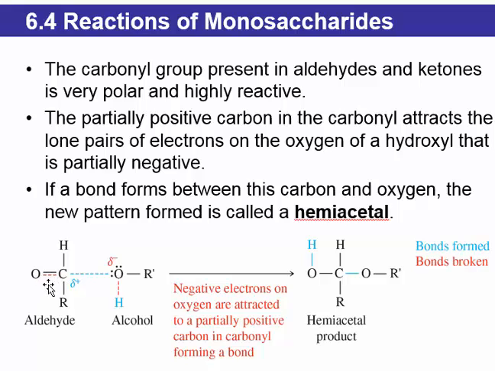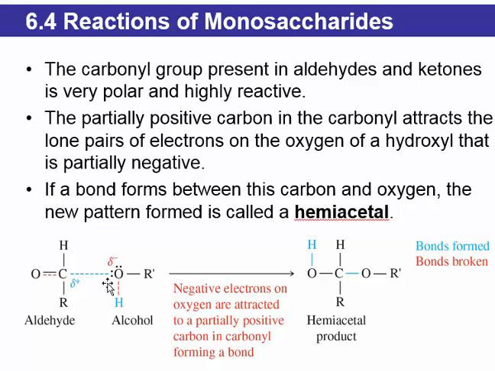This dashed red line is actually going to break during this reaction. And on the alcohol group, we have a dashed red line between the oxygen and the hydrogen in the hydroxyl functional group. This bond is going to break during this reaction as well. And we have a dashed blue line between carbon and oxygen, and this is the bond that is going to